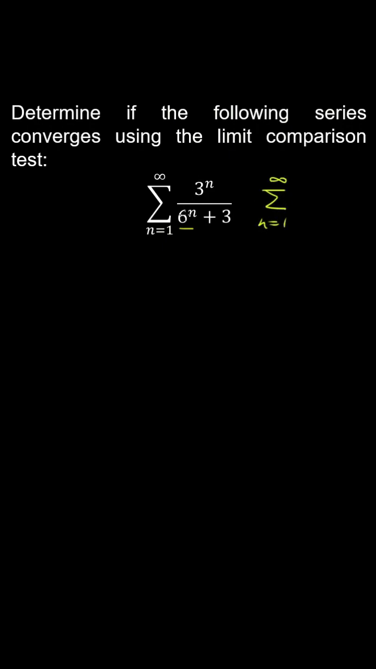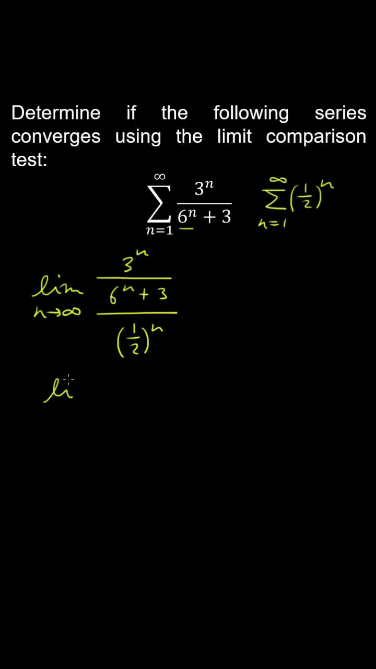So that will be 3 on 6 to the power of n, or 1/2 to the n. And now we take the limit as n approaches infinity of the ratio of both terms in those series. And doing a bit of algebra, this simplifies as follows. And therefore this limit evaluates to 1, which is a finite number greater than 0, so both series either converge